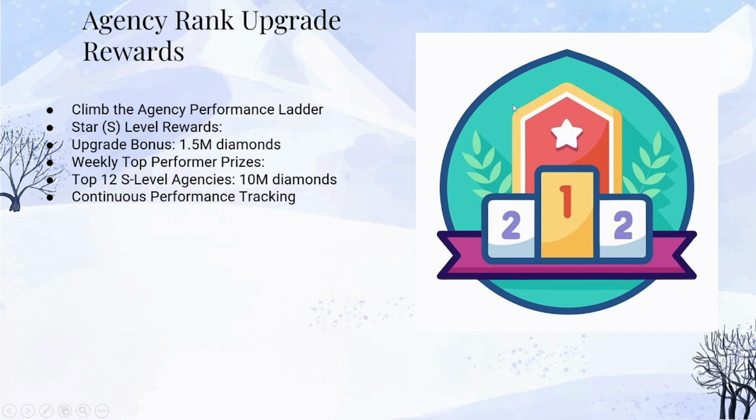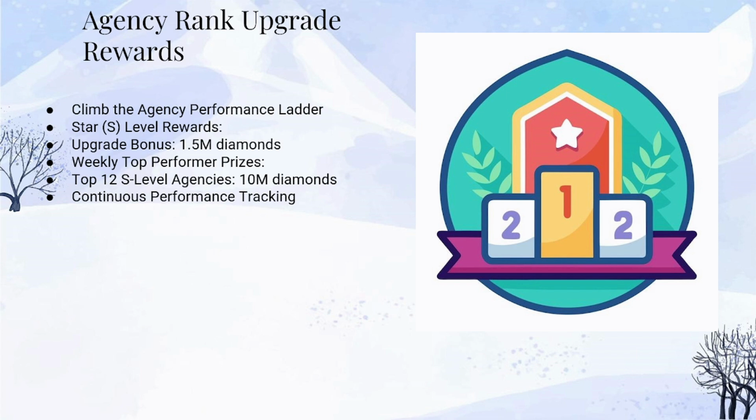And finally, it mentions agency rank reward. What's that about? Well, it doesn't give the specifics here, but it points back to that same Google sheet, the one with the commission rates. Okay. Which strongly suggests that, as your agency performs better, maybe based on that valid income we talked about, or number of hosts or rank, whatever criteria they use, you hit different ranks. And those ranks unlock more stuff. That's the implication. Extra bonuses, maybe even better commission rates overall, perhaps special features. We need to check the sheet for the details, but it's clearly another lever for rewarding growth and high performance. Right. So another thing for agencies to aim for.